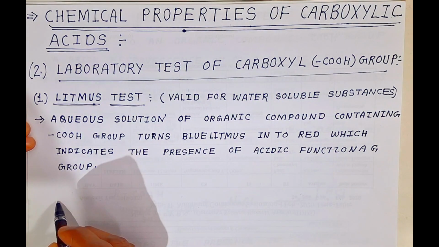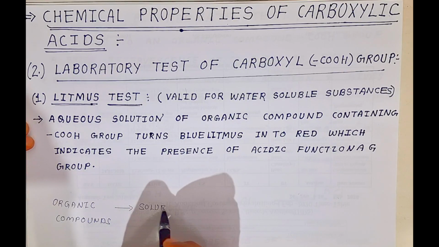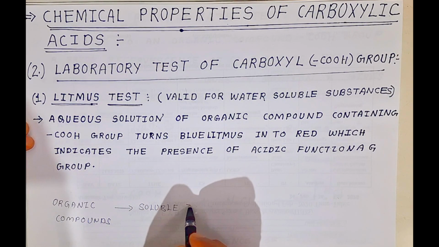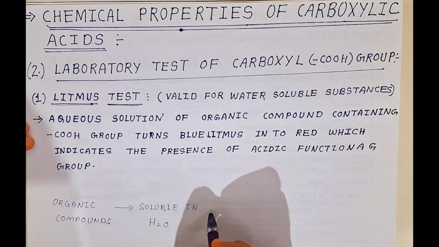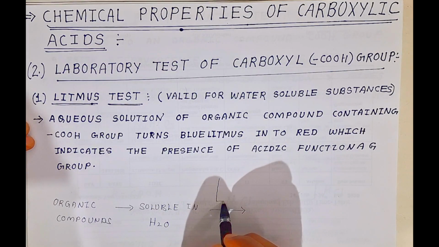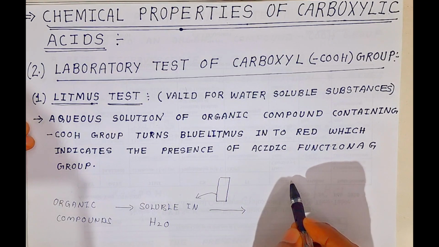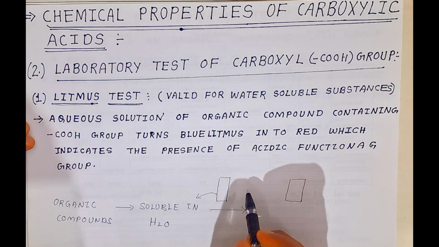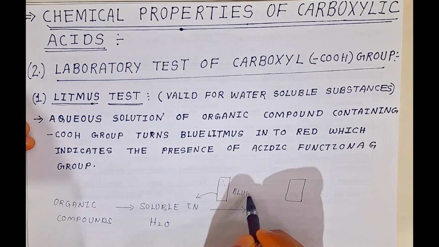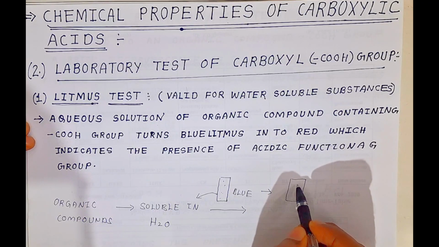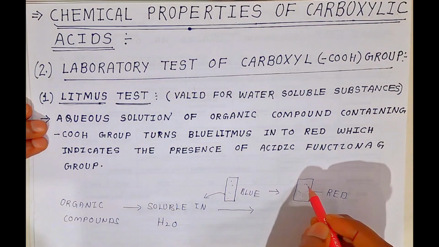Okay students, so the organic compound should be soluble in water. Then students, you can do the litmus test. You have to touch this litmus paper to this compound, and watch the color. If its color changes from blue, now it is blue in color, into red, red color, so if it is changing into red in color,